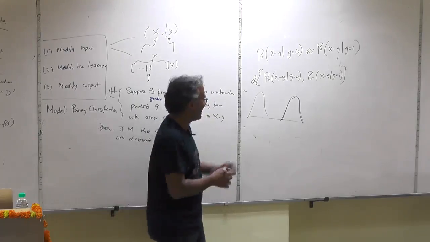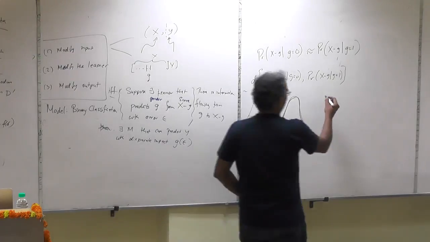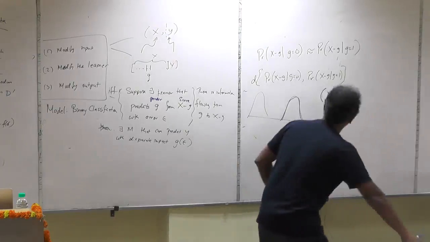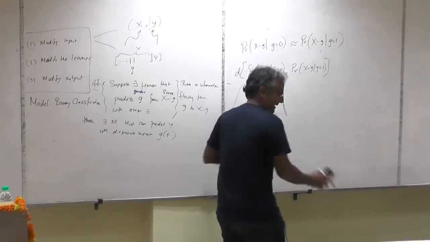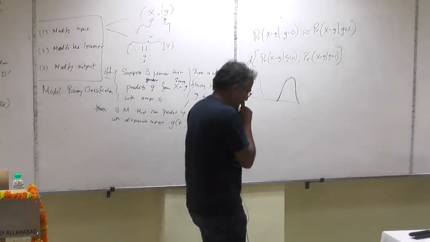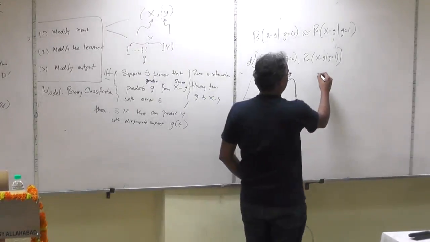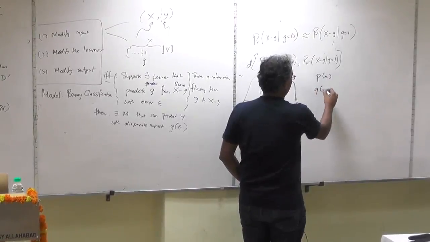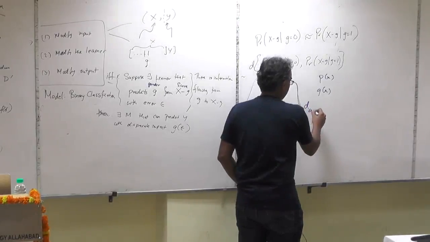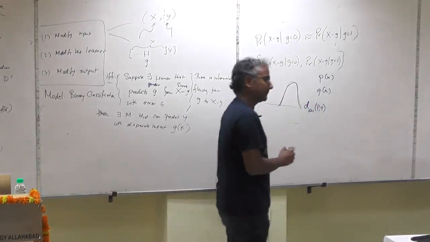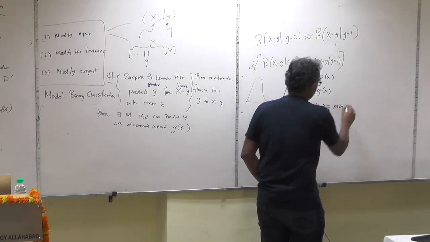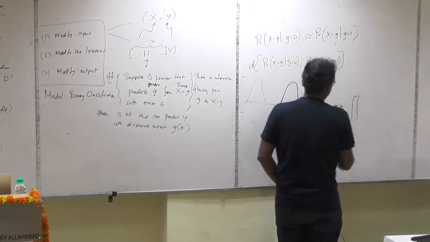More formally, the earth mover distance: I have some kind of metric space. Let's keep it even simpler, let's say I have the line, with points on the line, and I want to compute the distance between two distributions. So I have one probability distribution, let's call it P of x, and another, call it Q of x. The earth mover distance between P and Q is the min of, basically, the integral of